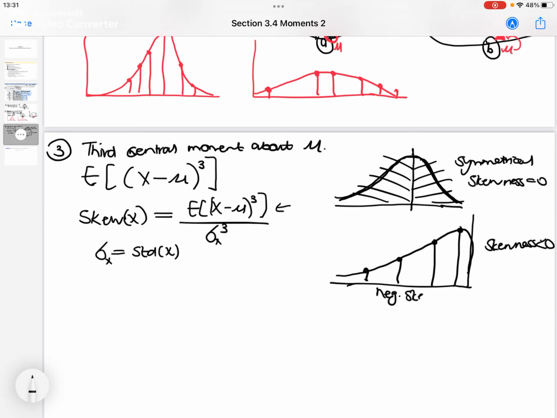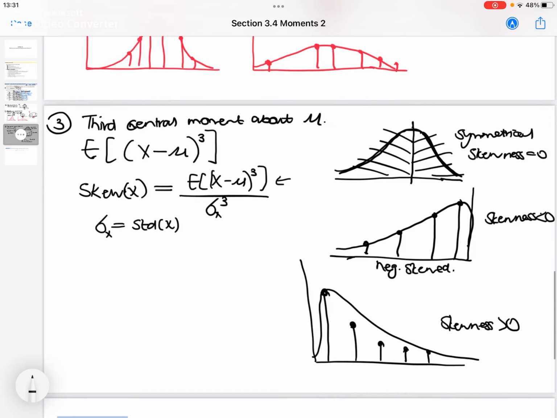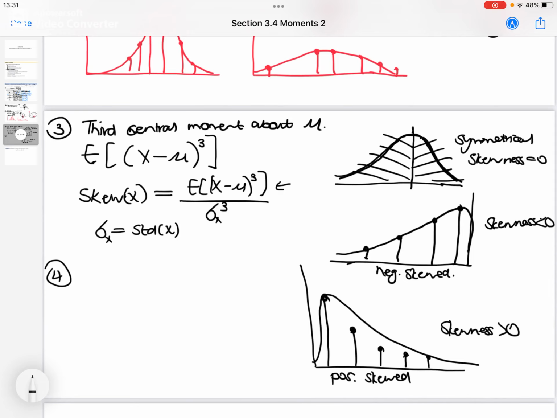And so this will be negatively skewed, or skewed to the left. If it's positively skewed, then if you draw a curve over your line graph, it should look something like that. And so we'll say here that skewness is positive, or greater than 0, and your distribution is positively skewed. All right, and then the fourth moment that's important,